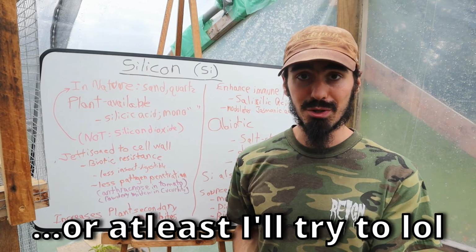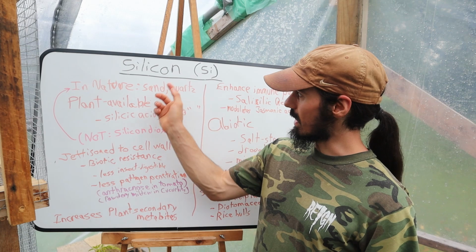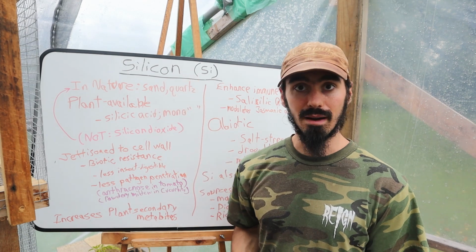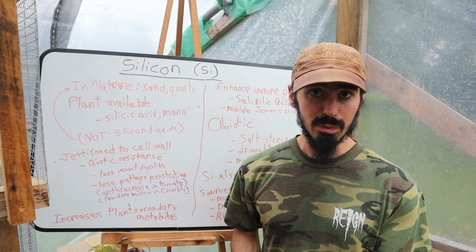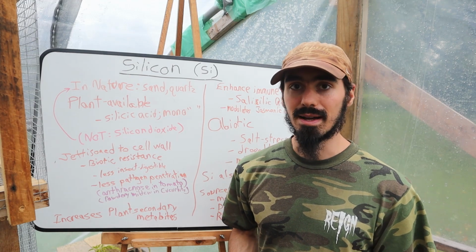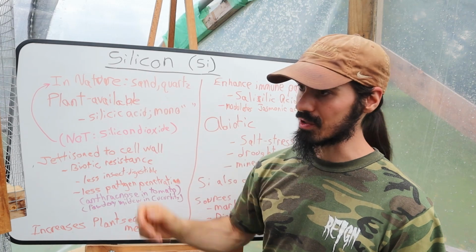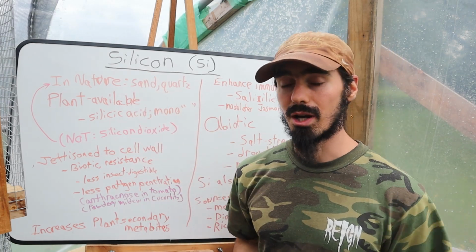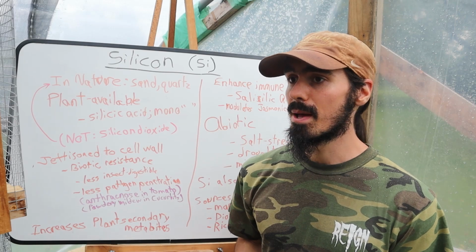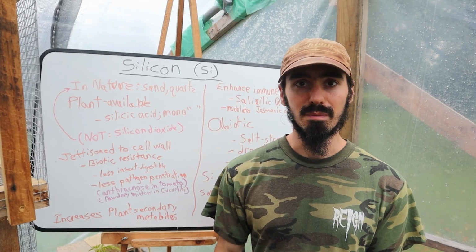Also, there is another term out there that sounds very similar, silicone, right, which has an E at the end after that N. And that is a synthetic human-made substance that is not at all what I'm talking about, right? It does include silicon in its structure, right? Silicon, oxygen, hydrogen, carbon, and those types of things. But that's synthetic and comes with a whole bunch of baggage with that.